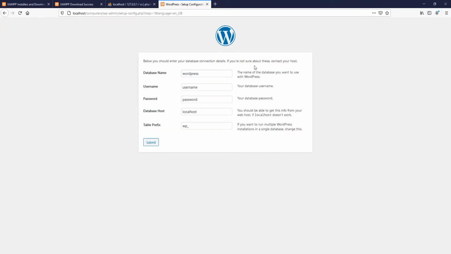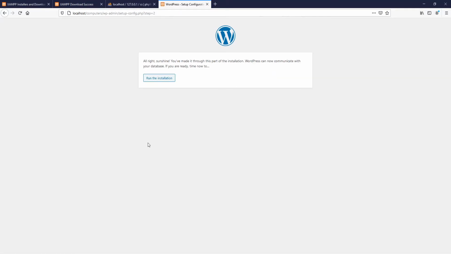We now need to put our database name in. I named mine CS, so I'm going to use CS. You now need to do a username. We're going to call this root. And password, we can just leave that blank, that's absolutely fine. Because we're on localhost, we're just going to leave this as localhost, and the table prefix can stay the same as well. We now need to press submit,